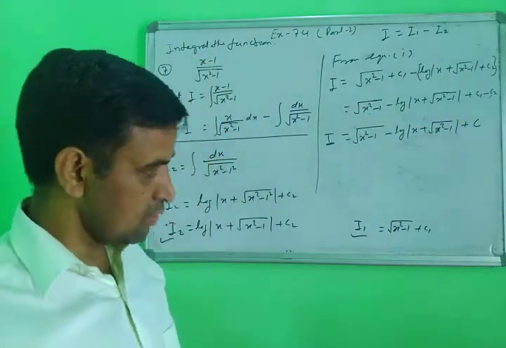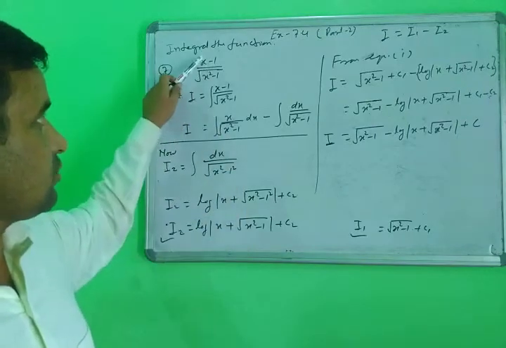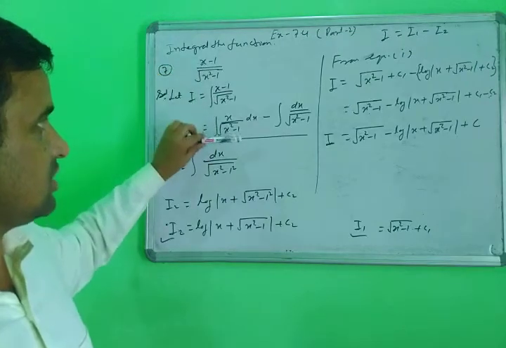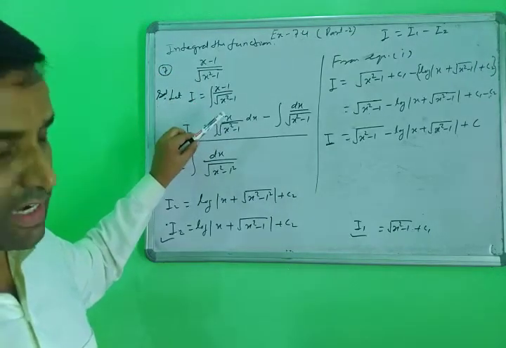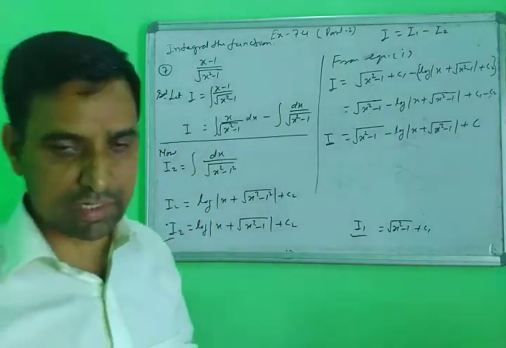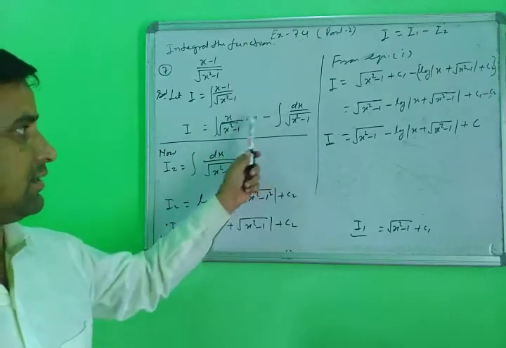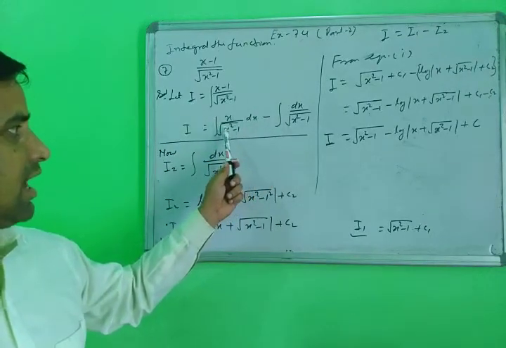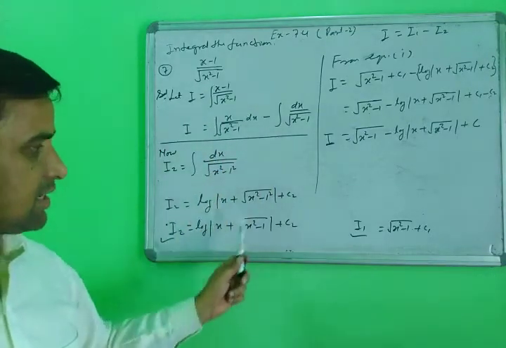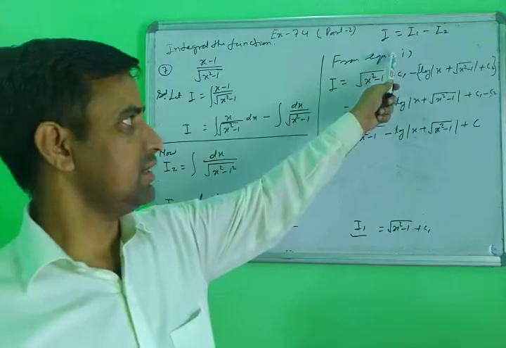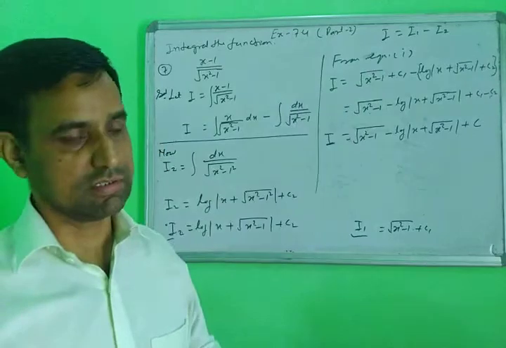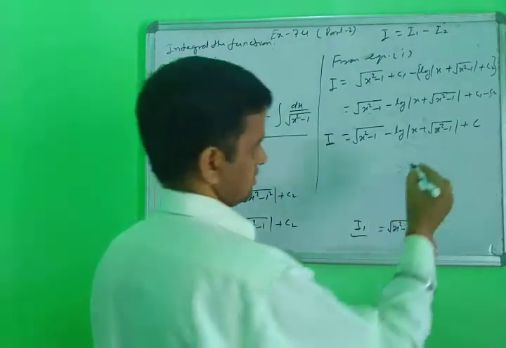Yes, in this way we will solve the question. For any question, first observe in which form the question is given. If it has a direct identity, then you use it; otherwise you separate it. After separating, you write I1 and I2, solve each separately with its own identity, then put the values in the question and get the answer. Yes, note down, this is your final answer.